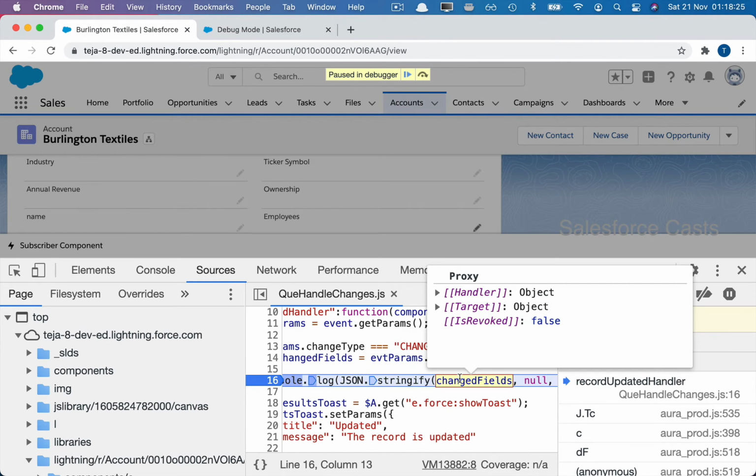Almost every time you'll find me using Chrome debugger rather than the debug mode which is given to us by Salesforce. I personally feel it slows the development process a lot, and it just flushes out all the logs in the console panel, which becomes very hard for the developer to follow.